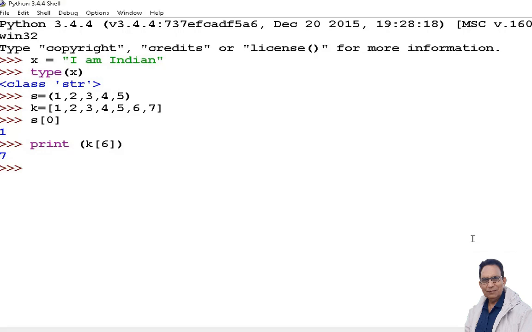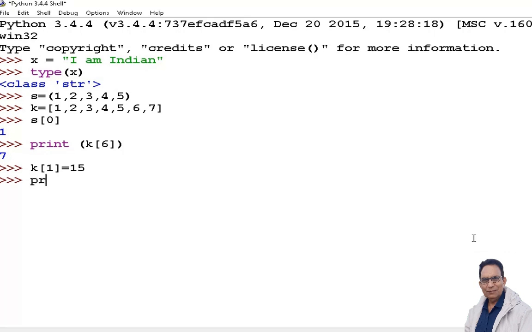So let us see first the list part of it. I write k[1], this is the second element, is equal to, write any value you like. I write 15. So the value of the second element has become 15,